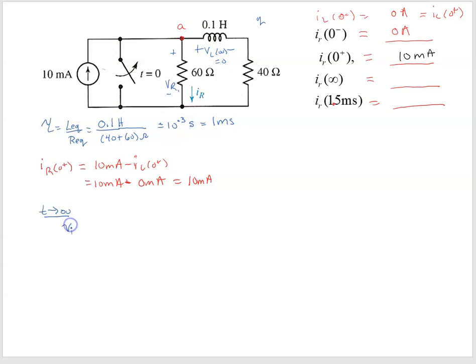So we can say our VR1 is equal to VL plus, and we'll call this VR2, plus VR2. Since VL is equal to 0, our VR1 is going to equal our VR2. When resistors have the same voltage across them, then we can use our current division, right? So by current division,